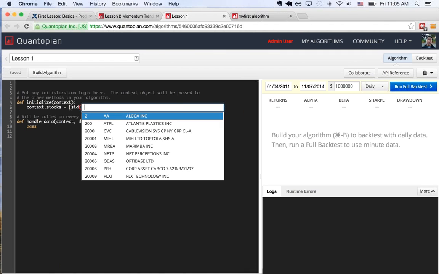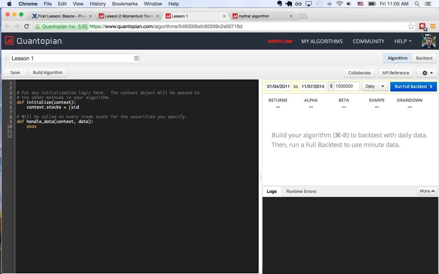I know them because I've been working around them for a while, but if you just know the ticker name, you can go like that, and SID SPY. So we just created two stocks. Now what's going to happen is that our universe of stocks is only going to consist of the SIDs that you initialize here. So when I want to iterate for every stock in my universe, I can go for stock